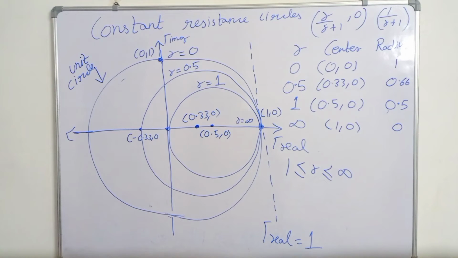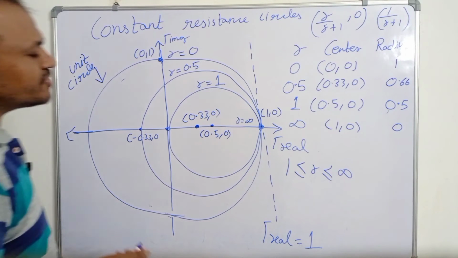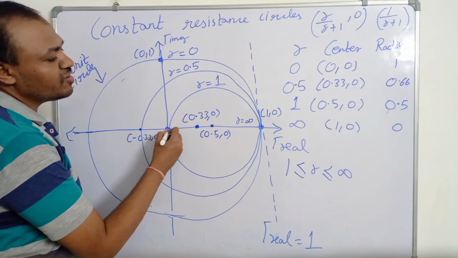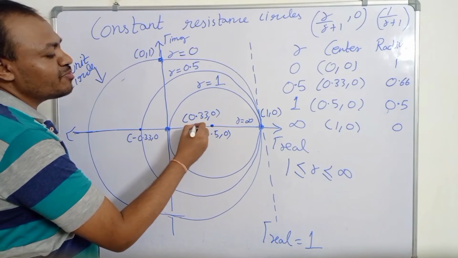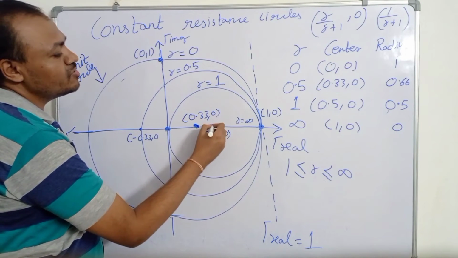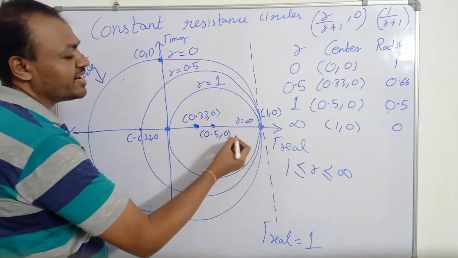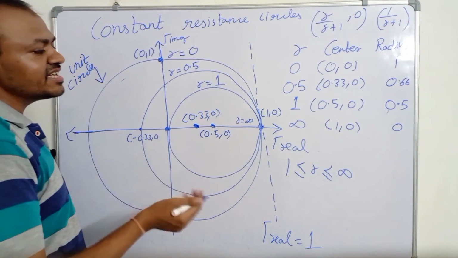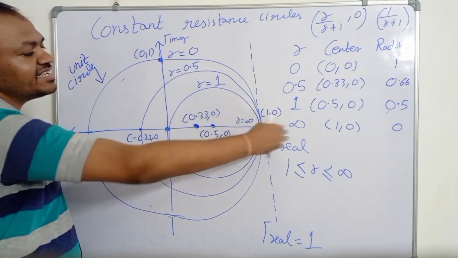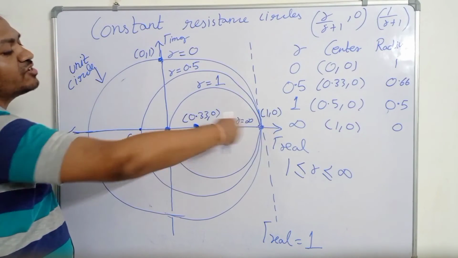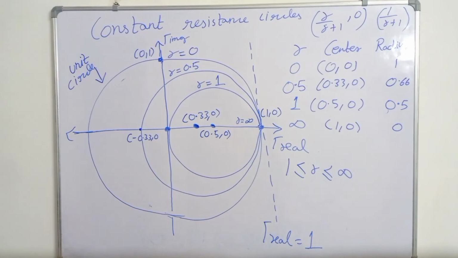As the value of r is increasing, the center shifts towards the right. For r equal to 0, this was the center, then for r equal to 0.5, this was the center, then for r equal to 1, this was the center, then for r equal to infinite, this was the center. So as we are increasing the value of r, the center is shifting towards the right hand side. Okay, so these are the constant resistance